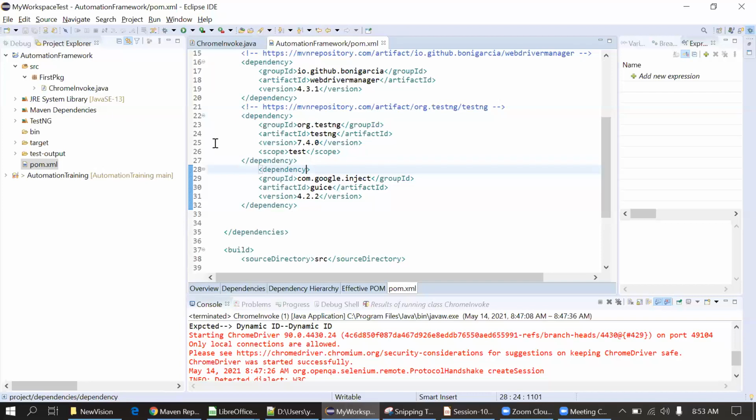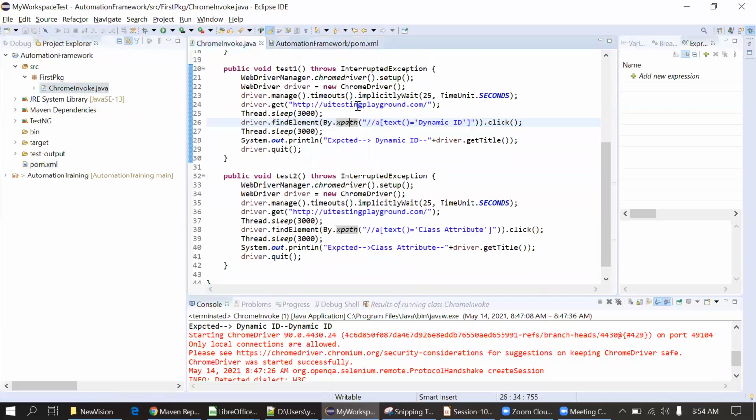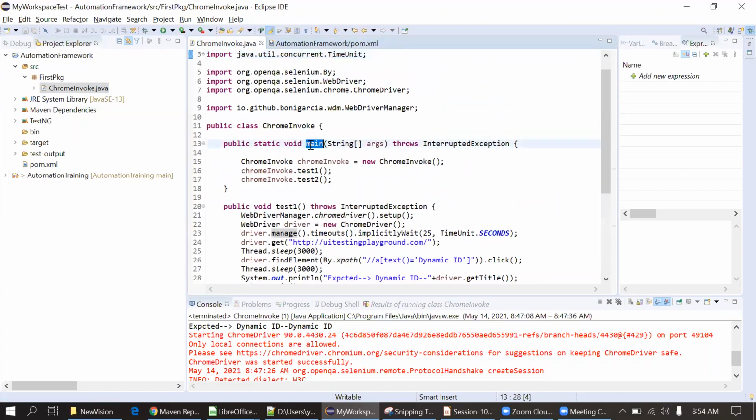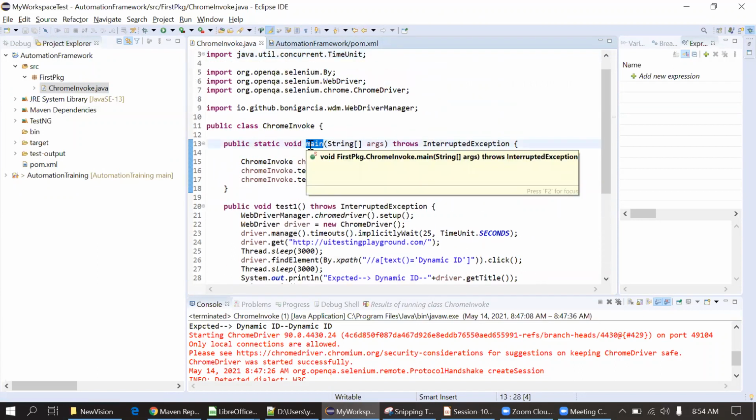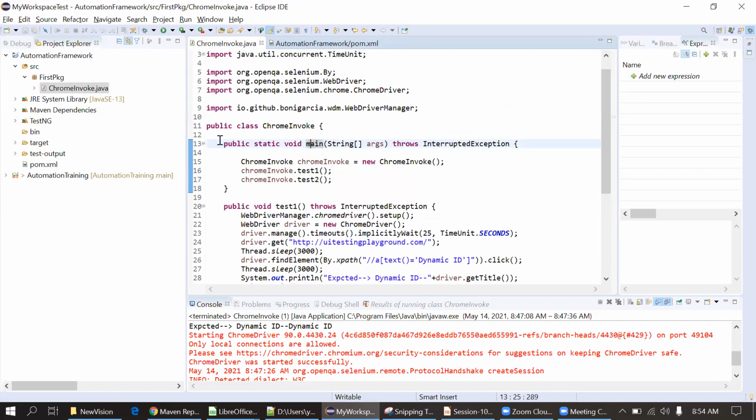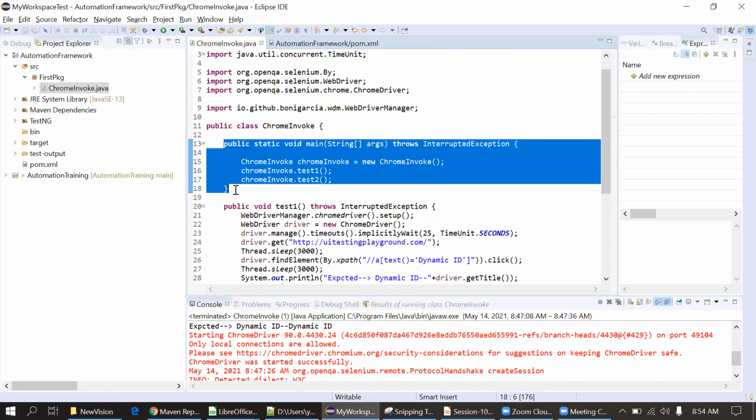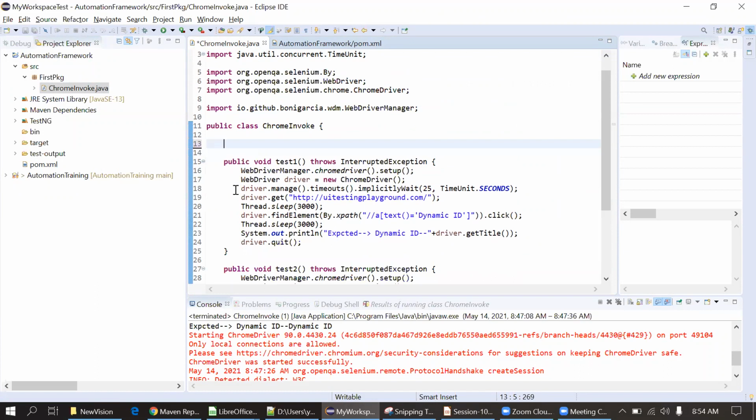Now here we are using the main method to execute our code. Without this we cannot do it. But in TestNG now, we will just skip this part. We'll simply delete this part. We don't need this now. So we'll simply use the @Test annotation here.